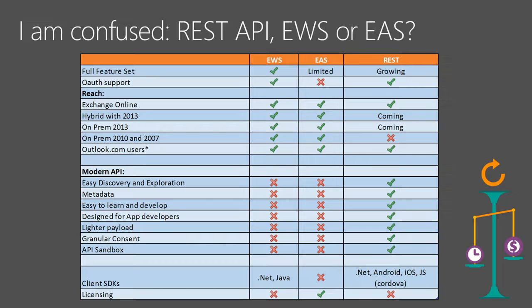manufacturers generally, even if we expose a new feature through EAS, they're not going to add it till all the different providers the user connects to through the phone support them. So they go for the lowest common denominator, and once we saw this, we stopped adding more and more features there. The REST API today is not as full featured as EWS, but we are investing heavily in it to bring it to parity. Because the feedback we've gotten is EWS is awesome, it's very rich, a lot of people